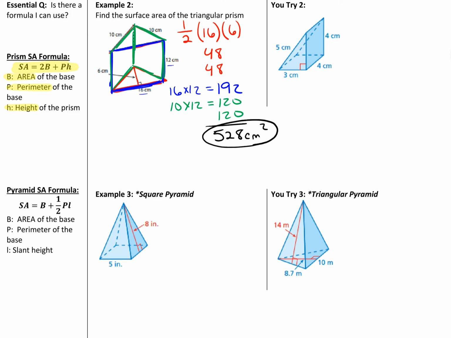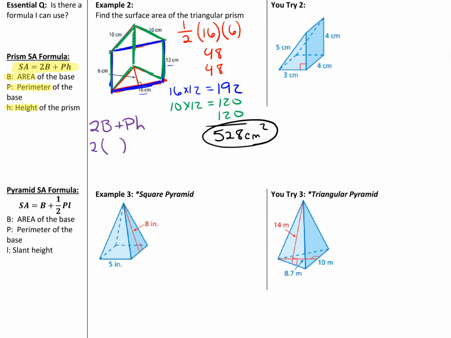If you struggle with surface area, then I would recommend that you use the traditional way of finding the area of each face and adding all those together. But if we want to use the formula, just so you can see how that works, 2B plus PH, we're going to start with 2 times the area of the base, because there are 2 bases